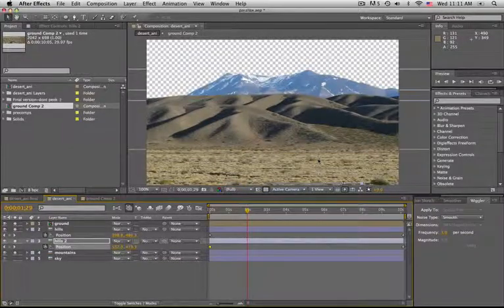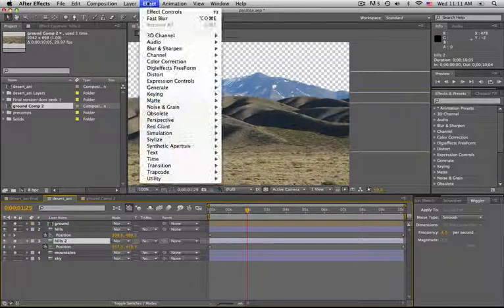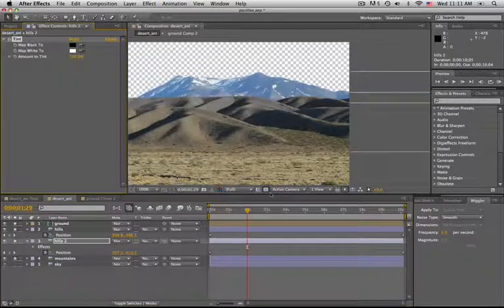So we talked earlier about atmospheric perspective and the way things further away, like this mountain, take on the color of the atmosphere and they lose contrast. So let's do a little bit of the same to this secondary hill, which will help push it back in space more. So with that hill's 2 layers selected, I'm going to go to Effect, Color Correction, Tint, and I'm